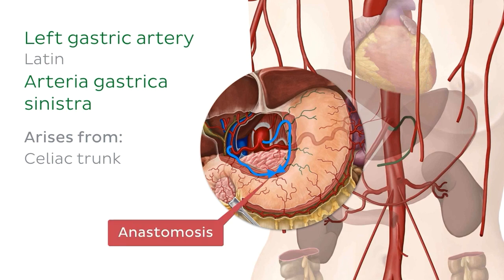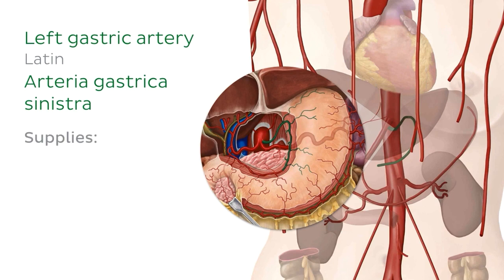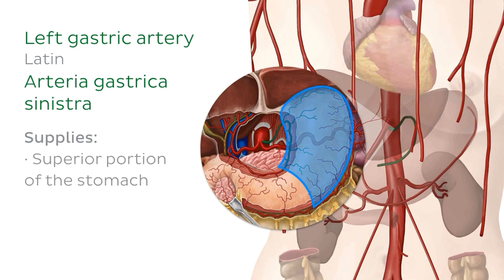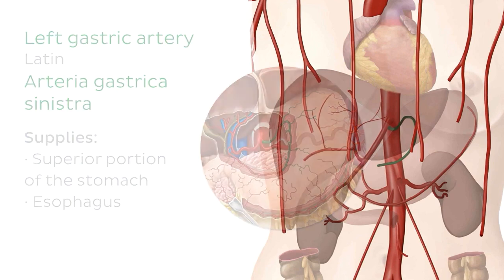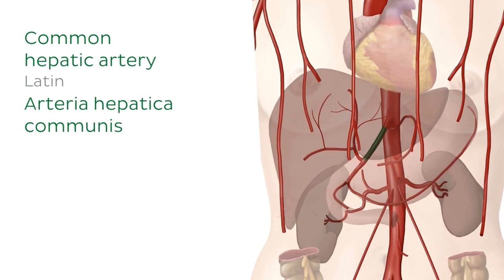As you can see, the 2 arteries meet here to form what is called an anastomosis, which is basically a term for when 2 otherwise diverging branches of the arteries join together. The left gastric artery supplies the superior portion of the stomach, as well as giving off branches to the esophagus. Let's talk now about the common hepatic artery, which is the next artery to come off from the celiac trunk. As you can see in the image, it passes to the right towards the lesser sac, which is the term for one of the compartments of the abdomen, and enters the lesser omentum,